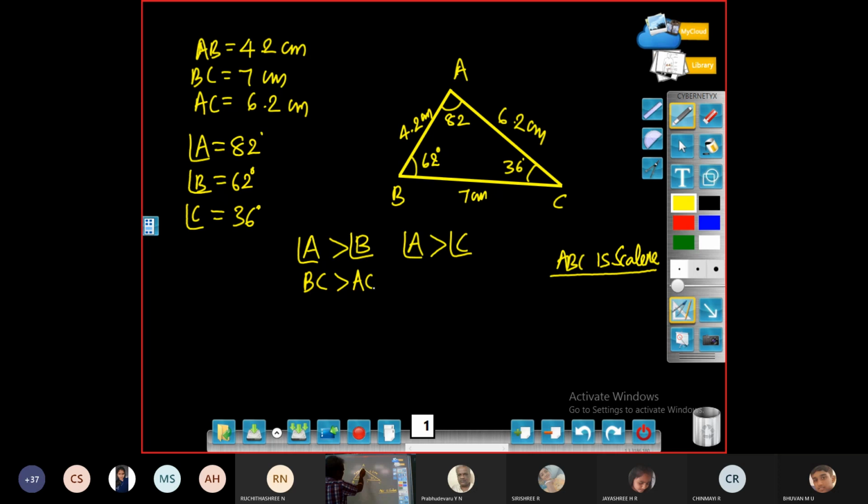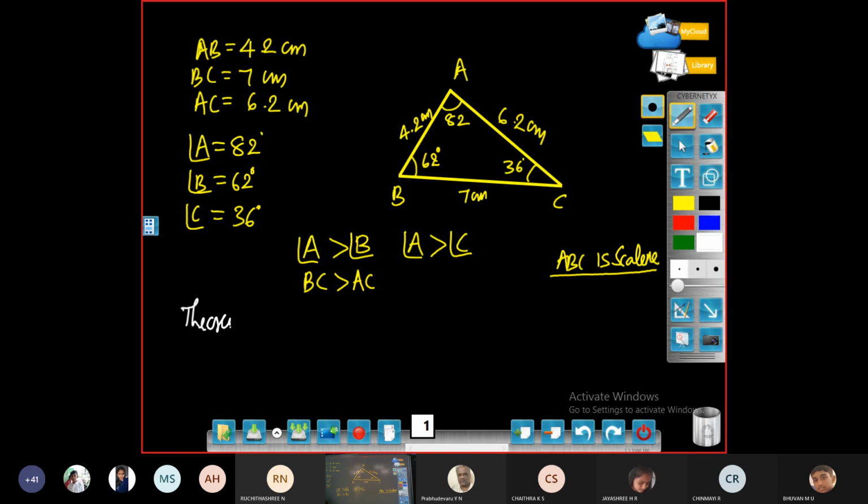Look at the shortest side here, 4.2. Opposite angle is 36. That is the smallest angle here. So among all these, we are having the greatest angle 82, therefore the opposite side is longer. The smallest is 36, the opposite side is the shortest. So this you can write as a theorem. So the statement of the theorem will be like this.